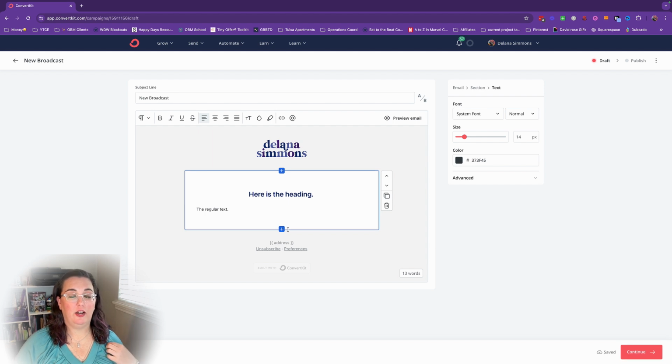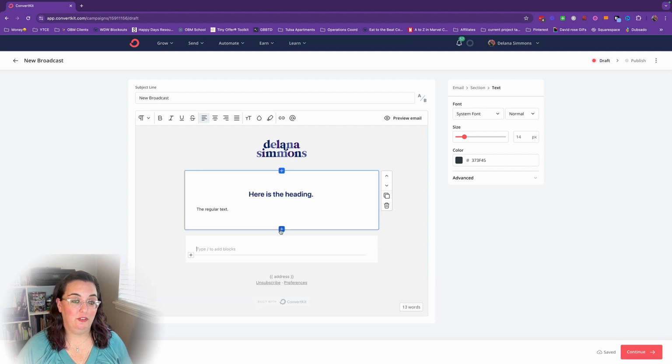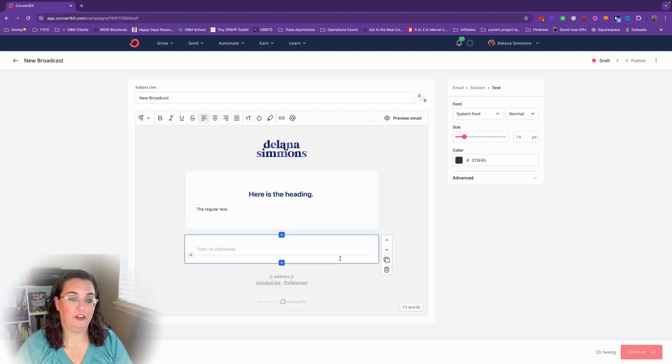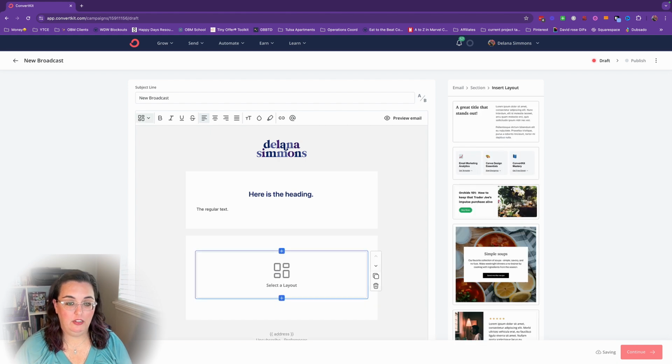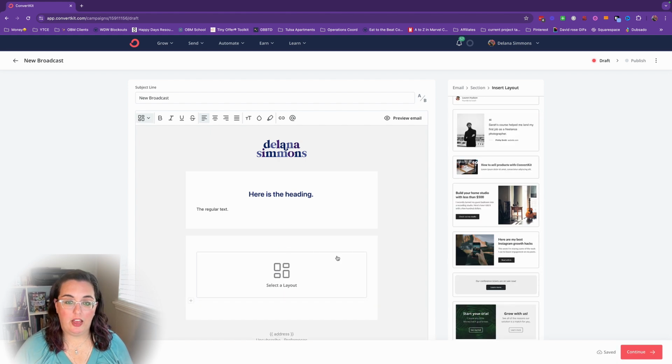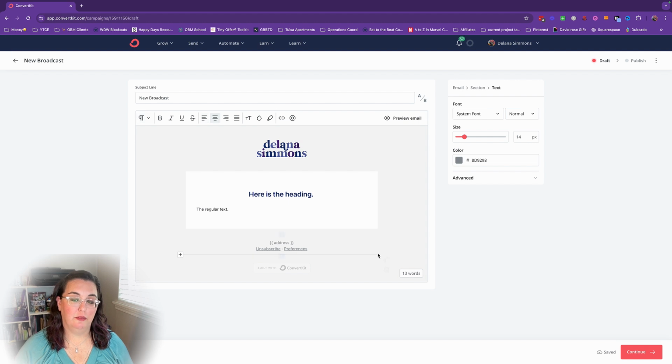Now, again, the biggest thing about the email template is to set up your basic email settings. That's primarily what you need. Once you get into your actual email, you can add more things here. So you can add that second block here, and you can add the layouts here as well. So if you decide that you want to add a layout, you can do that inside the email. That does not need to be added into the template. What I would recommend is creating a template that's going to have the overall look of the email that you want and leaving it as empty as possible. And then that way you have the option to change and add what you'd like to add